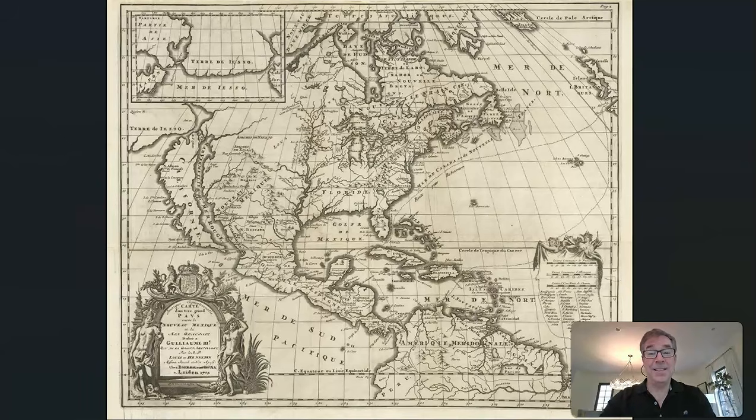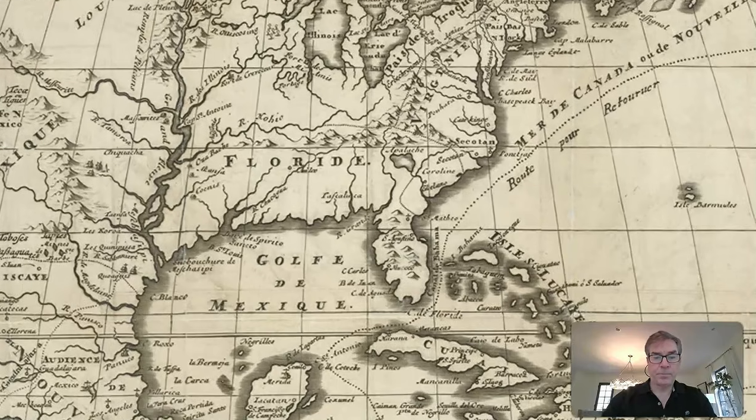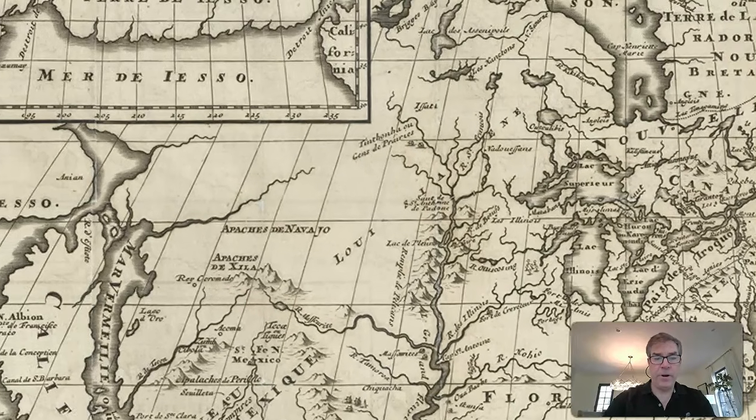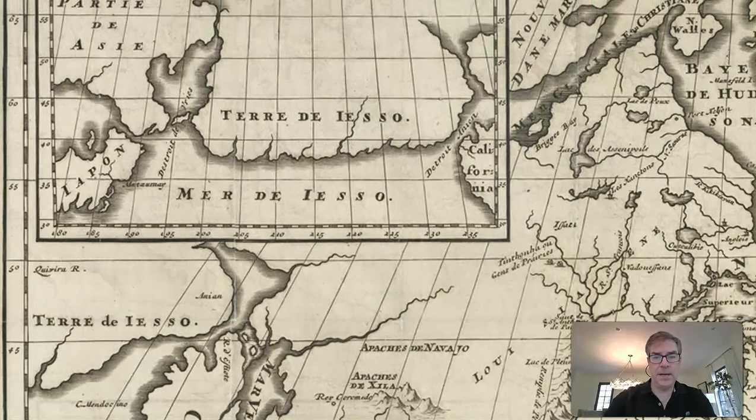So with that thought, let's continue looking at these old maps. And we'll look at this one. Again, these are very old maps in the 1600s. And in the upper northwest part, you can see the land of Jesus. You see it over and over with the Strait of Anian between California and the land of Jesus, and you see Tartary and the land of Jesus being separated by the Strait of Vries.